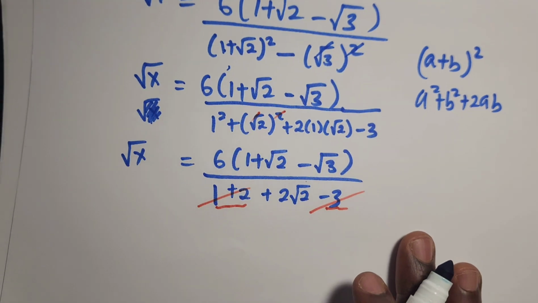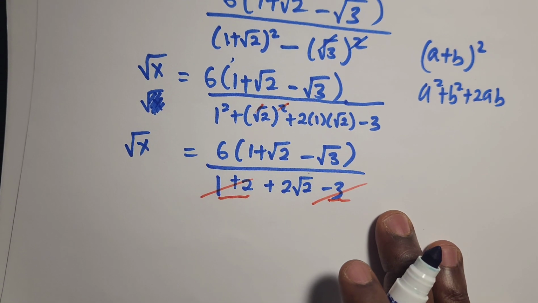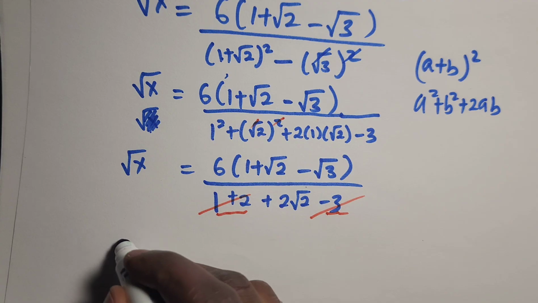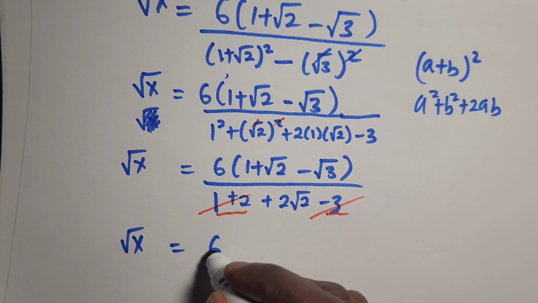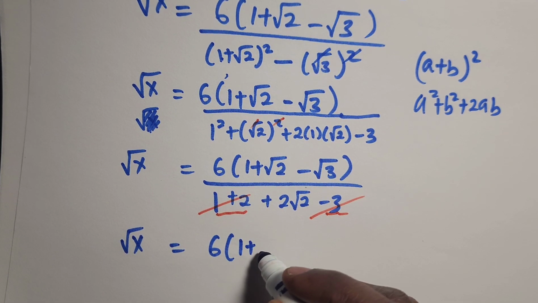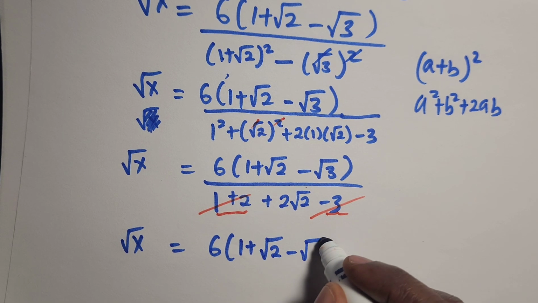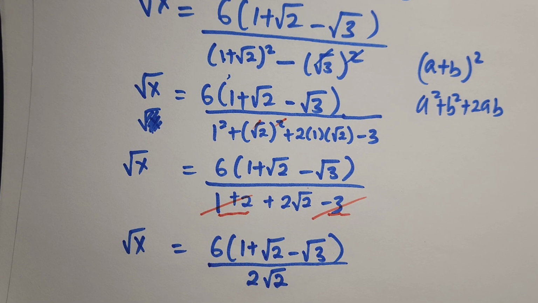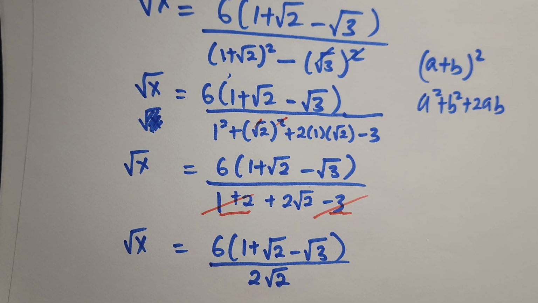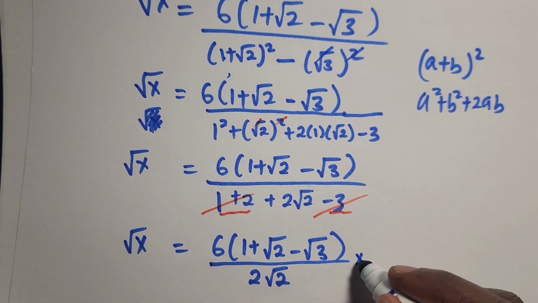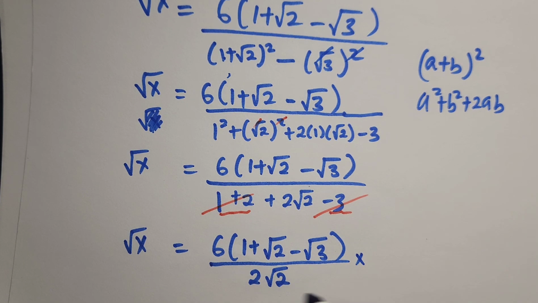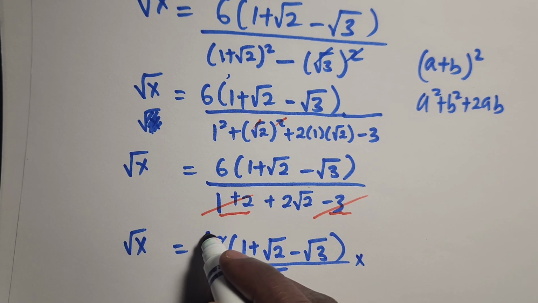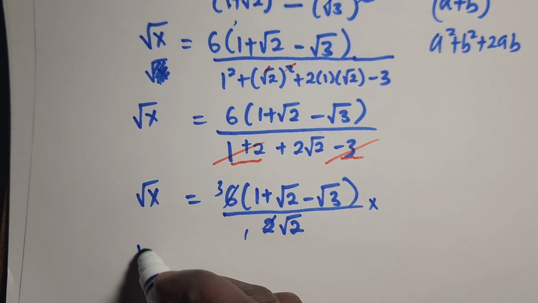So from here, I'm going to have my square root of x to be equals to 6 in parentheses 1 plus the square root of 2 minus the square root of 3 divided by 2 root 2. Next, to get rid of these square roots, we can decide to rationalize once again. And by rationalizing once again, we can multiply both, or you can even divide 2 here, 1, 2 here, 3. Yes. So we rewrite this